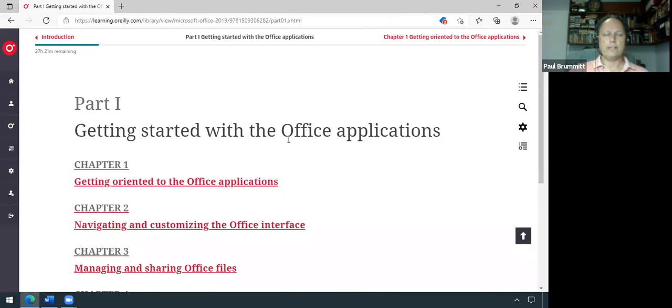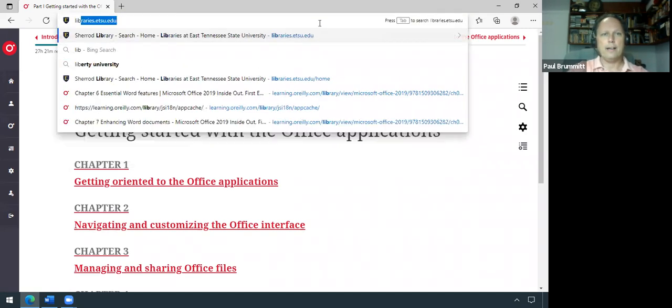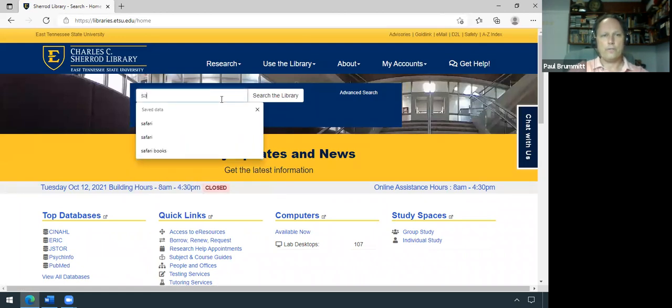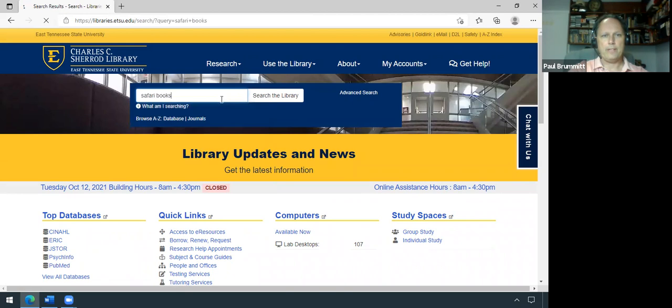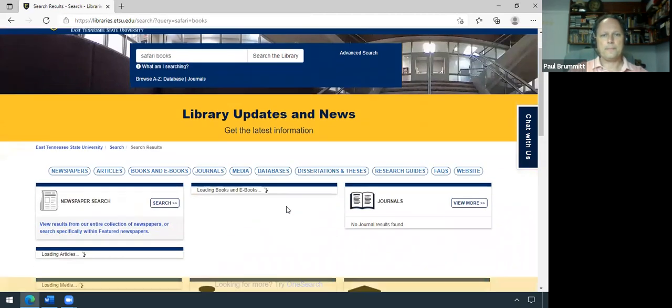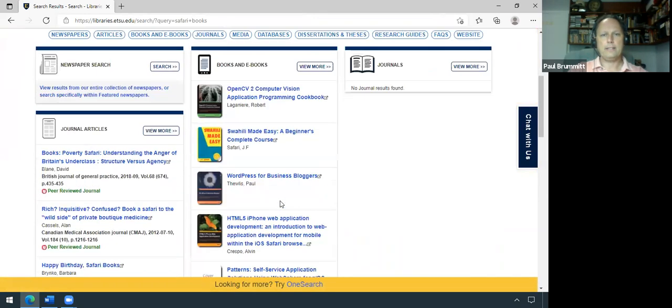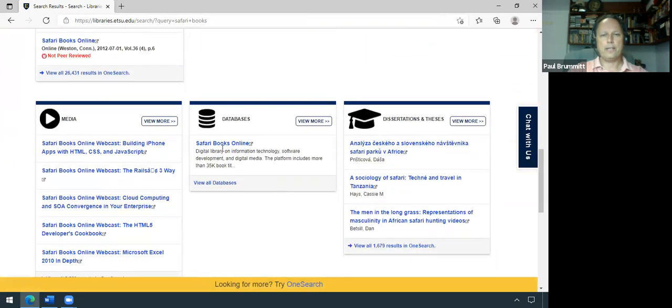However, sometimes you'll get here and it'll say you can start a free trial, or it may actually ask you to sign up for O'Reilly and pay. When you see that, instead of worrying, go straight to the library website, libraries.etsu.edu. Search for Safari. Maybe even type Safari Books. It will search, and when that search is complete, scroll down and you'll see Safari Books Online. Click there,